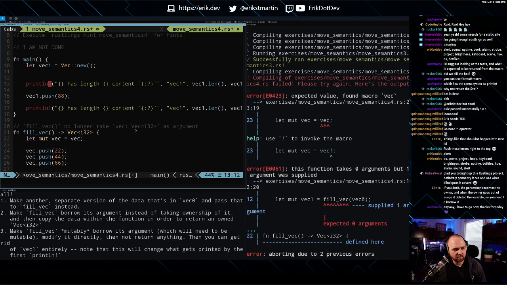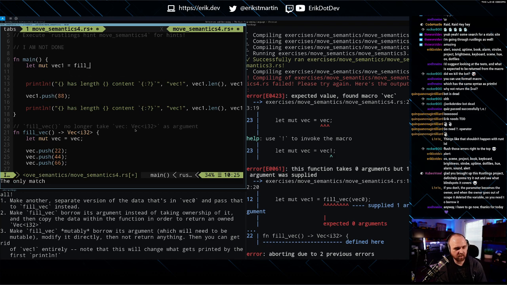So in theory, though, we should just have vec1 equal. Oh no, because let's see, what are we doing here?